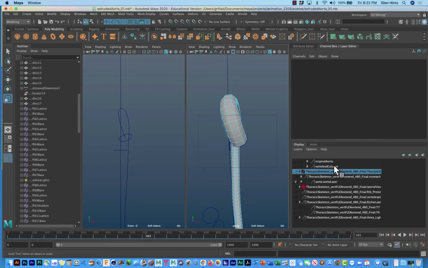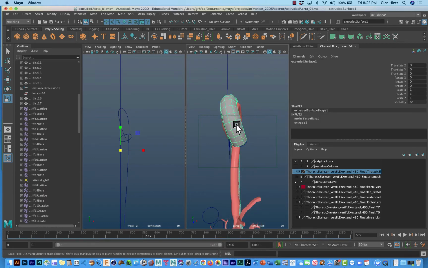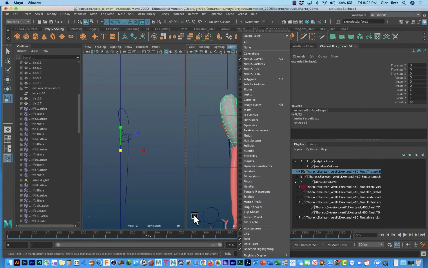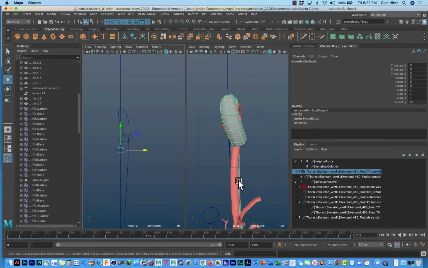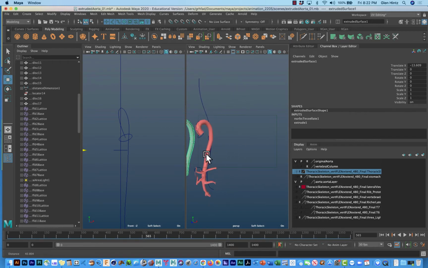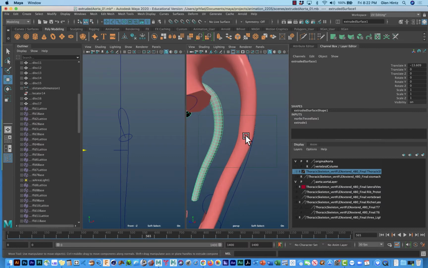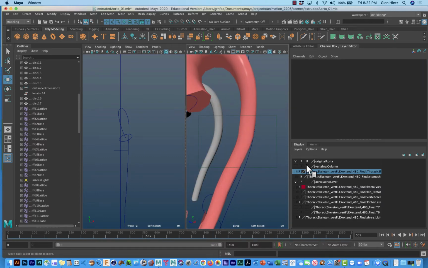I want to show you this aorta I built a while ago. I'm going to take the one we just made out of the way. Very similar, but you can see this is where it started to put the branches on. Got a little bump right there I'm not keen about that I probably will need to correct. Same way we've done the other ones,